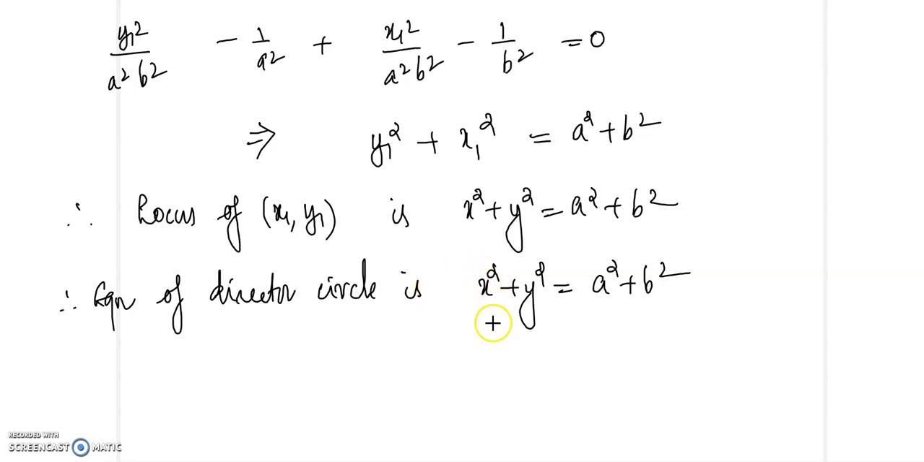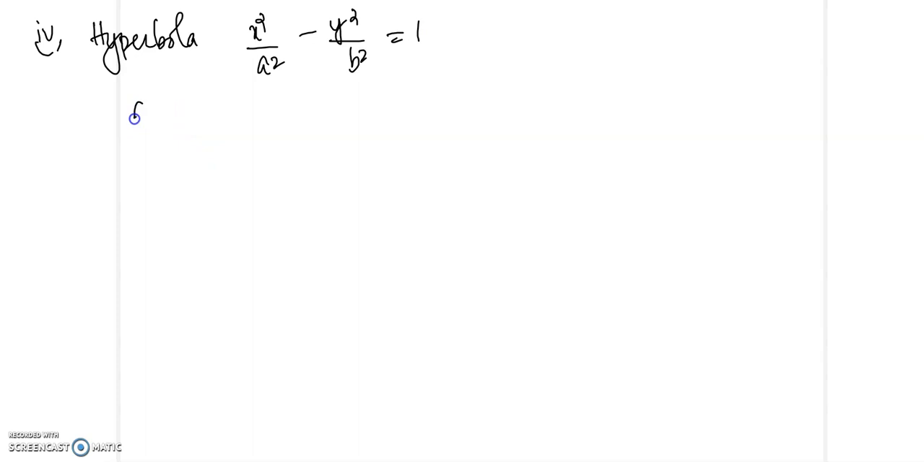So the equation of director circle for the ellipse is x square plus y square equal to a square plus b square. Now let us look for hyperbola. So consider the equation of hyperbola x square by a square minus y square by b square equal to 1. So equation of pair of tangents is